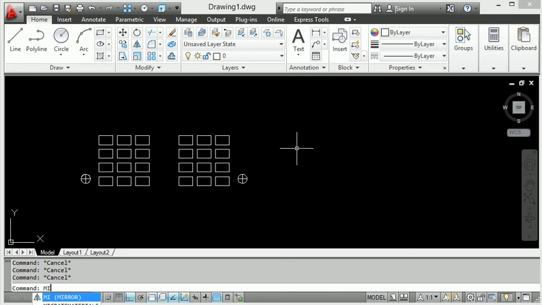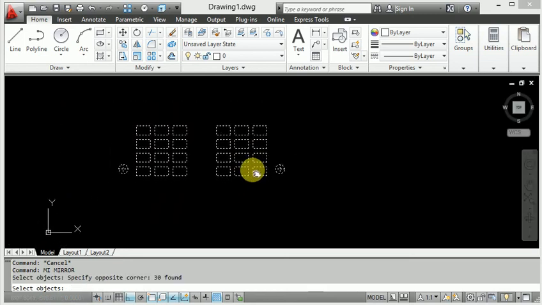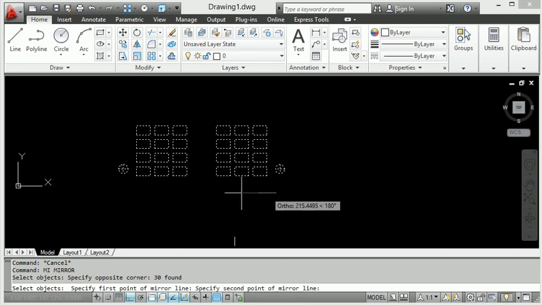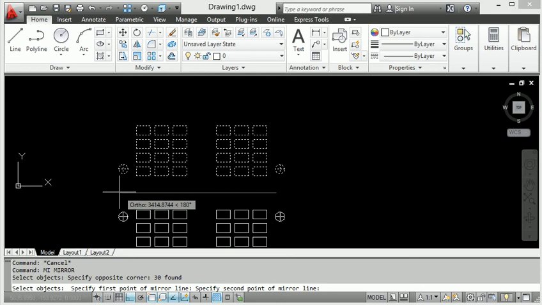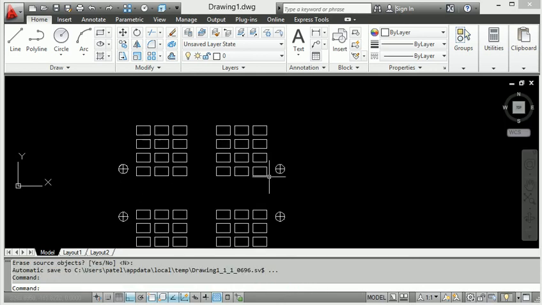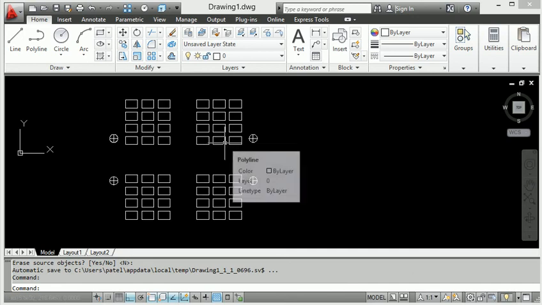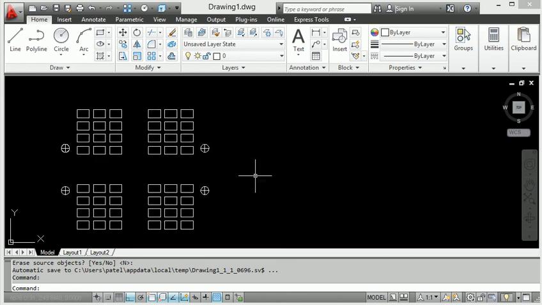Press MI enter, select the whole component and mirror across. Press enter and mirror according to this axis. Click this point and also click this point, and after that press enter. So this is how to use the mirror command. It is a very useful command in AutoCAD 2D drafting.